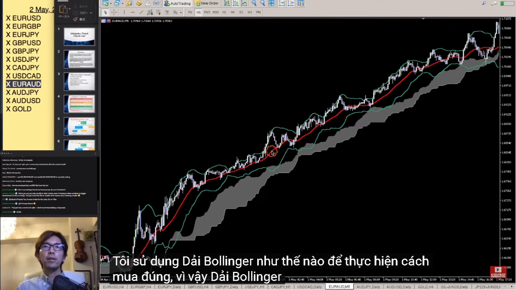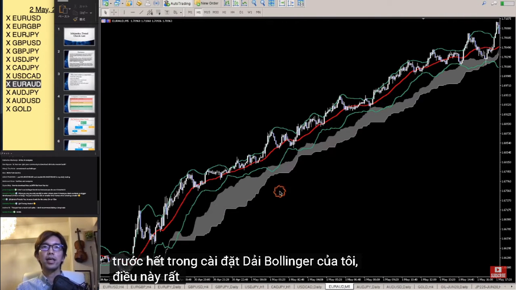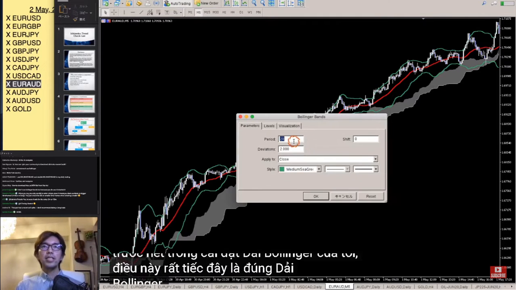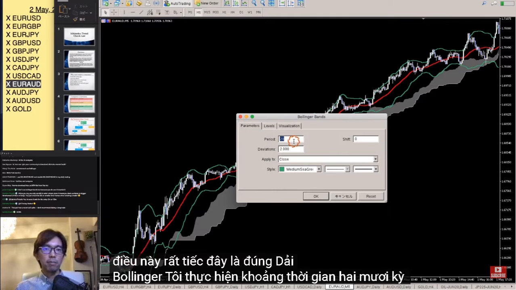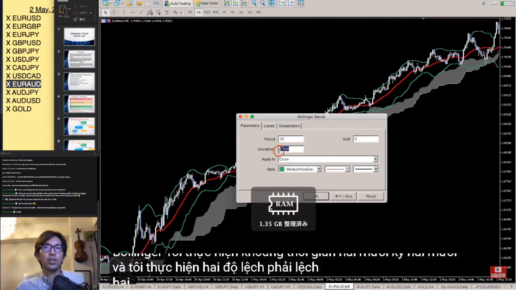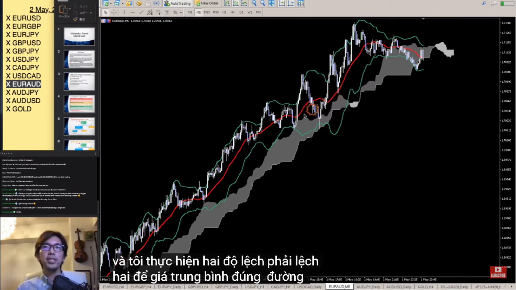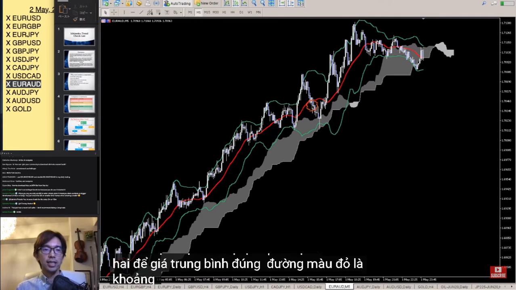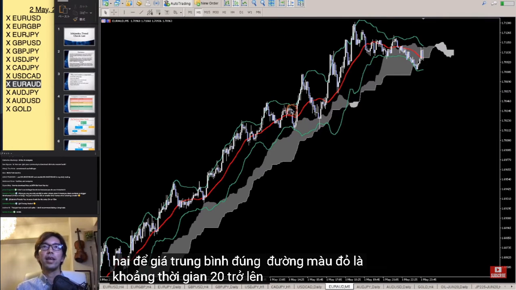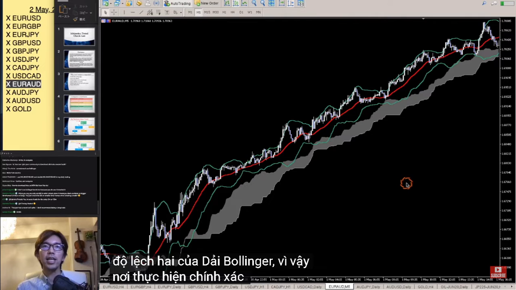So Bollinger Bands, first of all, in my Bollinger Band setting, I take period 20 and deviation 2. The mid price, the red line, is the 20 period, and above and below are deviation 2 of the Bollinger Bands. So where exactly I take trades is